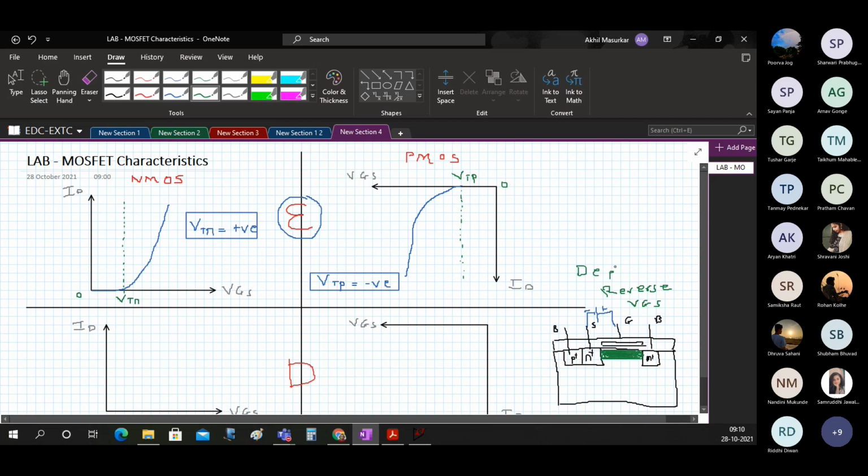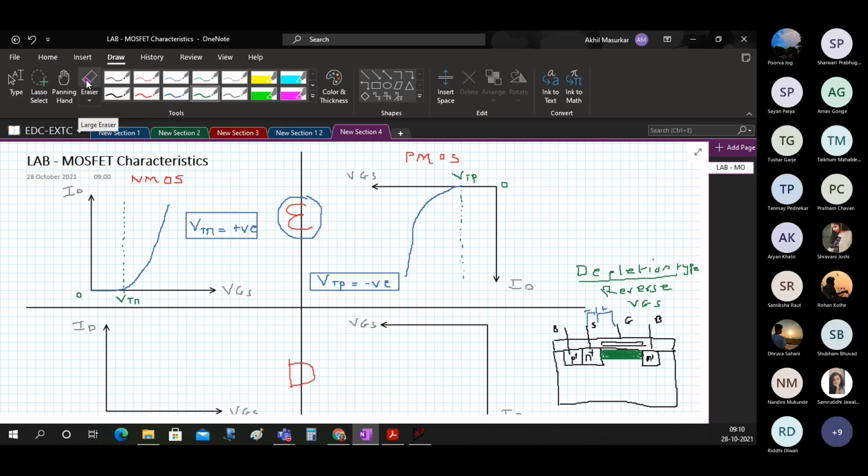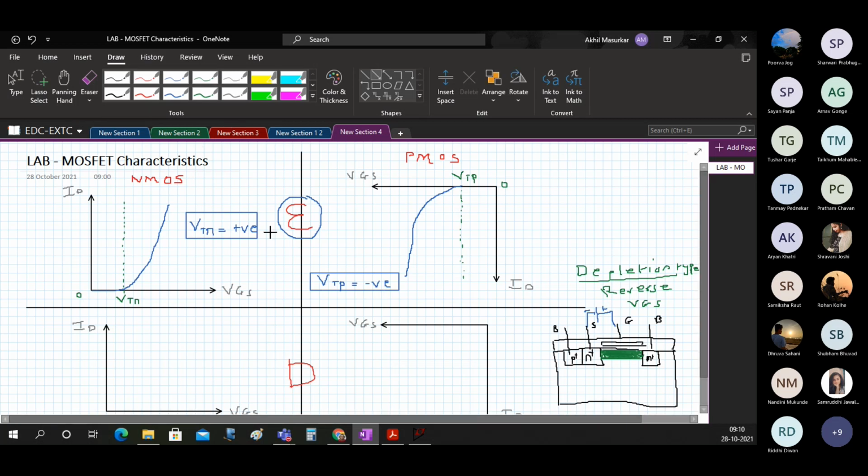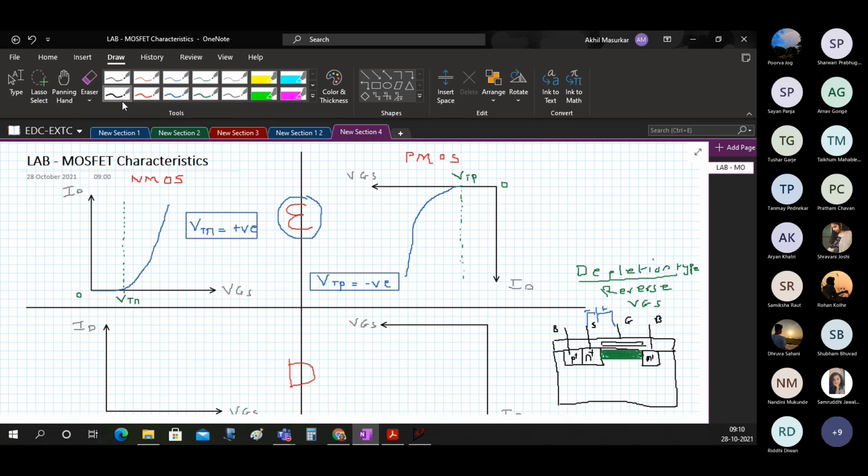So this is depletion. So we have to reverse this VGS. Reversing the VGS means we have to apply a negative threshold voltage. So we have to start from a negative threshold voltage and then go to a positive threshold voltage. So what happens here is we have to consider this additional point here.